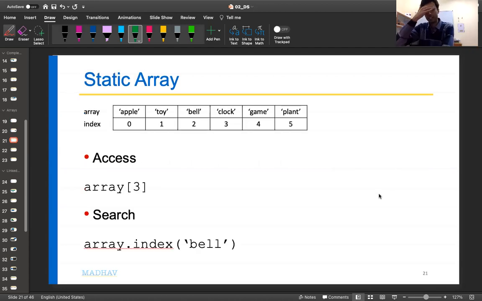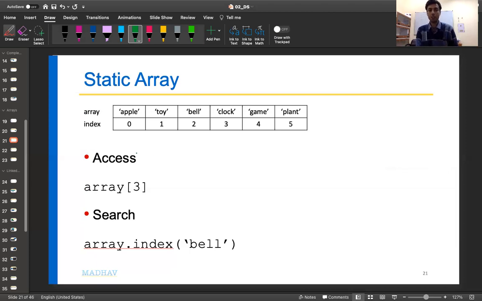Okay, so take an example of a static array. Let us say a list or an array of length 6. The elements are apple, toy, bell, clock, game, plant. These are the elements, the data in each entry of the array, and the indexes identify the entries. For example, I want to access the array.